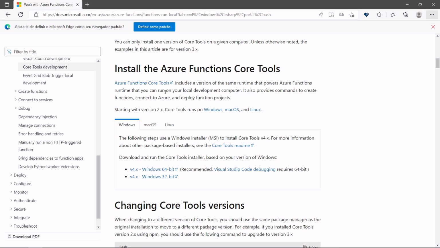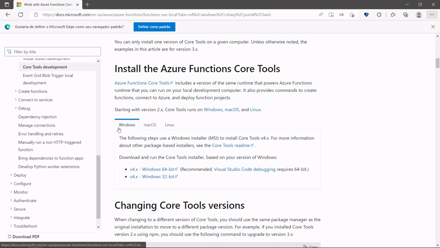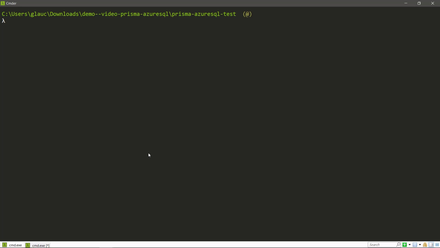Inside of this page, you will see different operating systems, for example, Windows, how to install for Windows users, Mac users, or even Linux. In my case, I'm using Windows because it's my operating system, and I'm using the V4X. So I'm using Windows 64-bit. After installing the Azure Functions Core Tools, we are going to come back and return to our